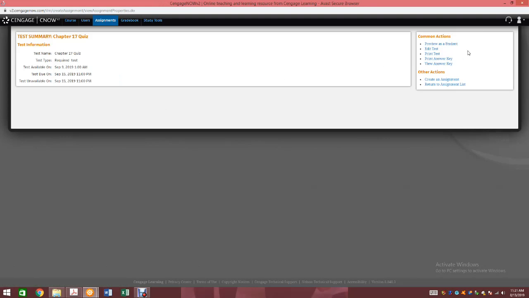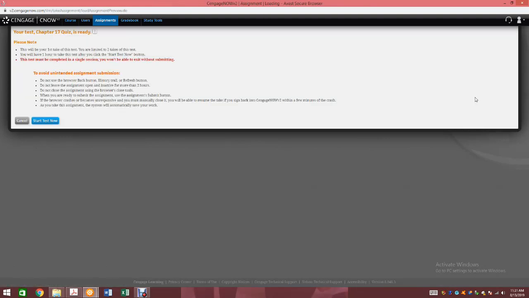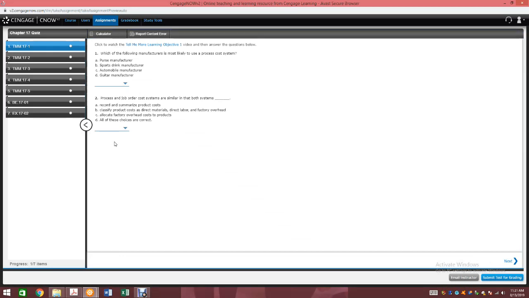When you're looking at a quiz, the quizzes are timed. Here it's telling you this is the first take of 2. You have 1 hour to take the test. It tells you there how long you have to take the test. So once you click the Start Test Now button, the time starts running. So click on the Start Now test, and depending on the class that you're taking,